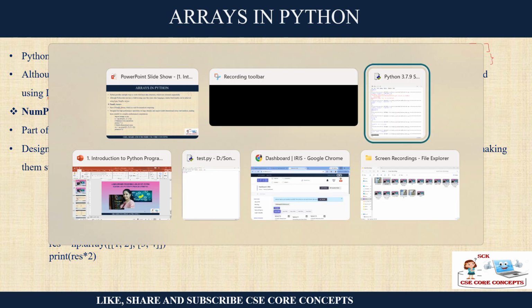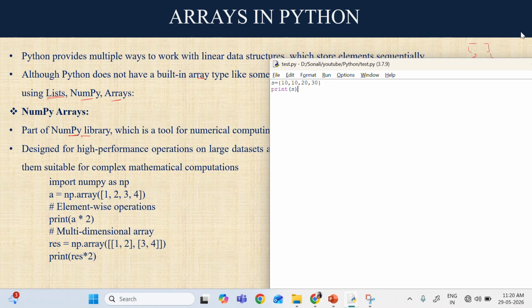But before you use this library, you have to import it. You have to include it, something like when you write hash include. So let us see: import numpy as np. This is how it is written. Here np is an alias for that library. So a = np.array. It provides a function called array where you can insert whatever elements you want inside the array. Now if you want to print, for example, you can simply print a, and the elements of the array will be printed.